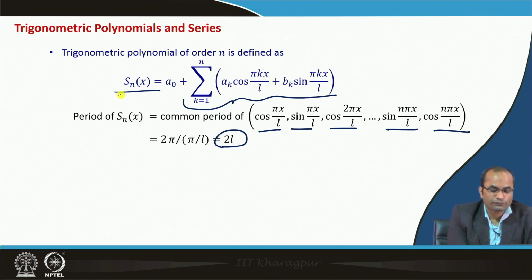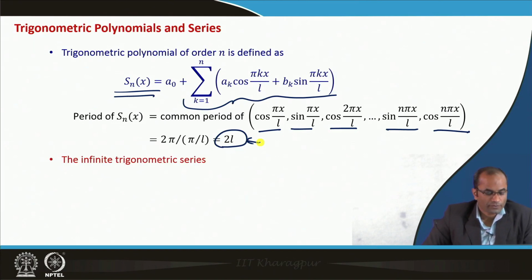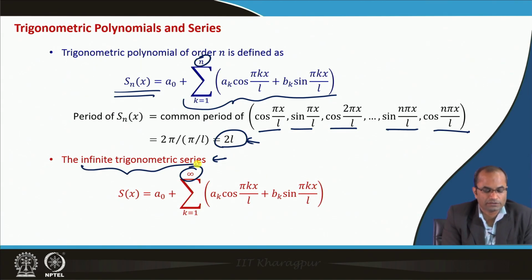So, the period of S_n(x) for this polynomial will be 2L, and the trigonometric series we call infinite. So, infinite trigonometric series when k goes from 1 to infinity. Instead of this n, if we are going for infinitely many terms, we call this an infinite trigonometric series, and